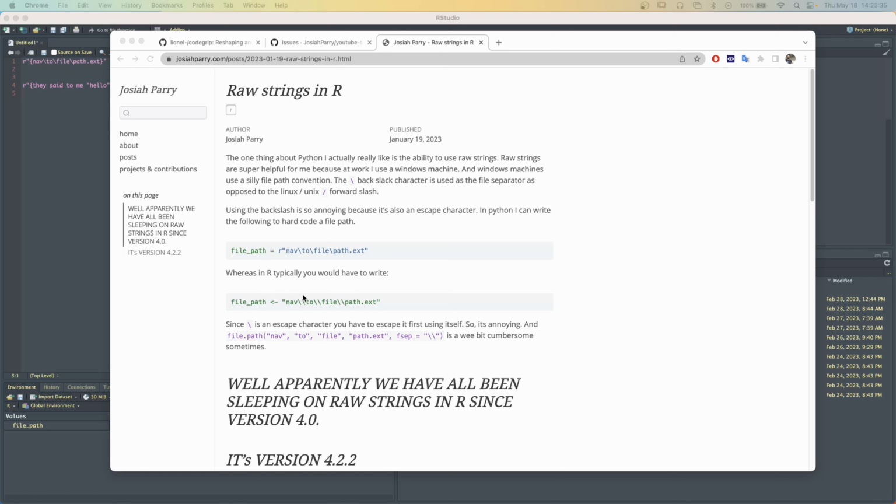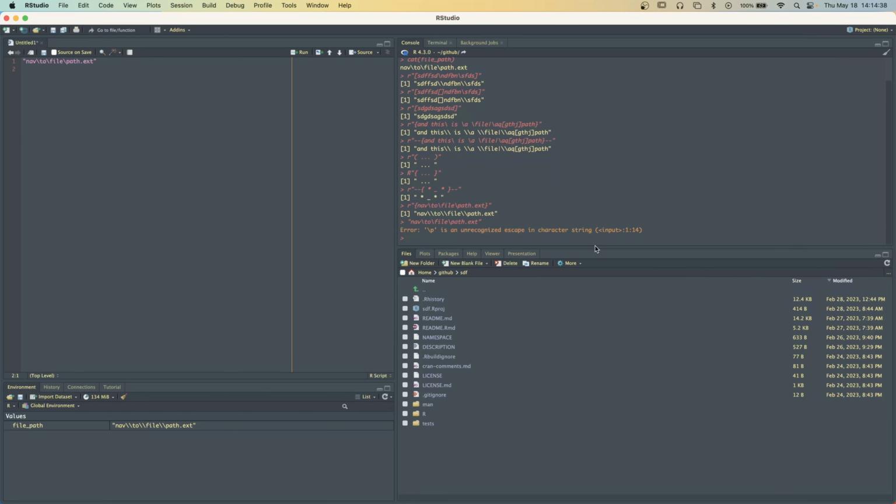So in R, you might have to write something like this where you have an escape character. When you use a raw string, such as this in Python, you don't have to escape any characters that might not typically be recognized without one. So this in Python will work just fine. However, if I try to write it in R, \p is an unrecognized escape character in character string, blah, blah, blah. The way to typically get around this is to add an extra backslash, and that's called an